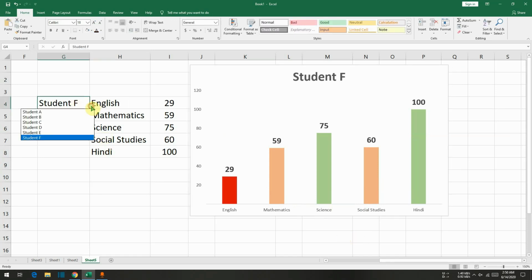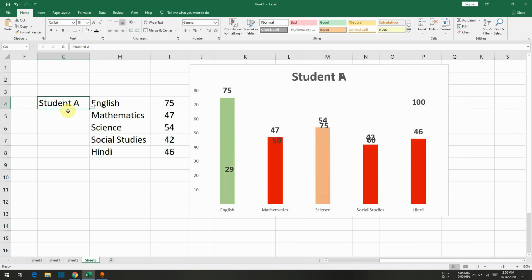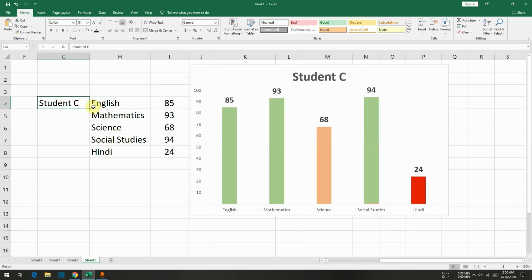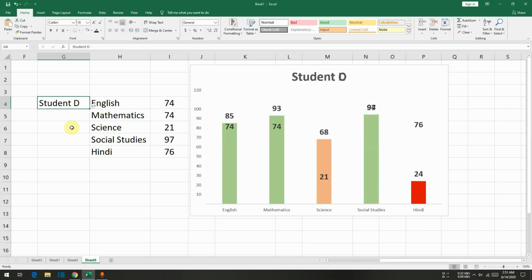Now as I change the name, see, things are in action. Anything below 50 is in red. Anything between 50 and 75 is in amber. More than 75 is in green. Alright, see, for student C, for student D.